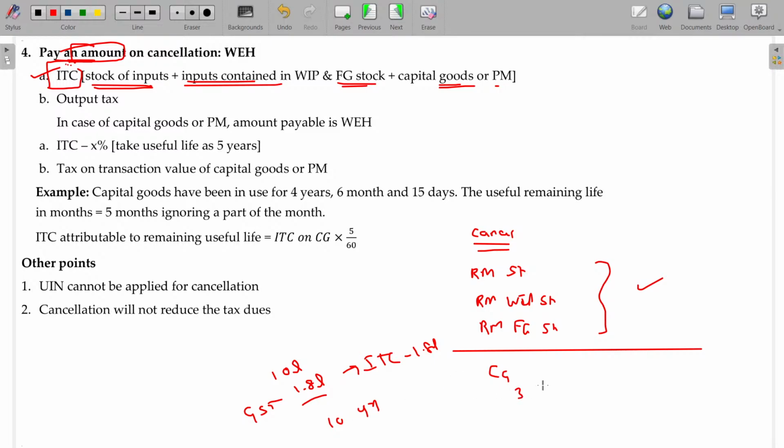Currently I have used it for 3 quarters, sir. 9 months used. Then how can we consider, in case of capital goods, the ITC availed being 1.8 lakhs, 1.8 lakhs minus